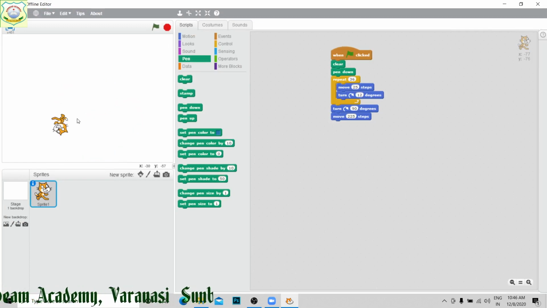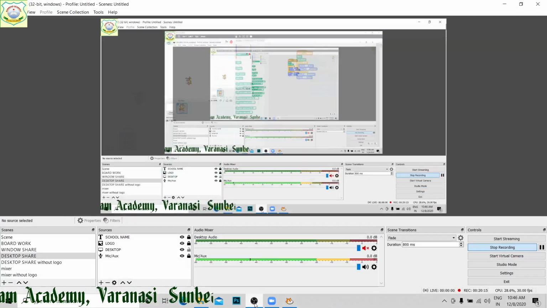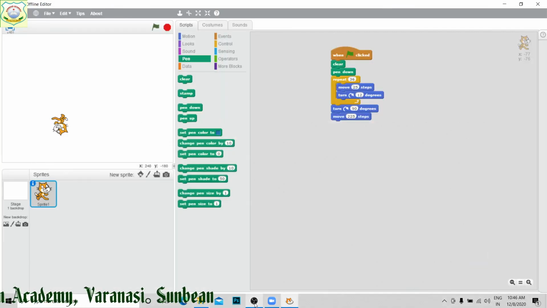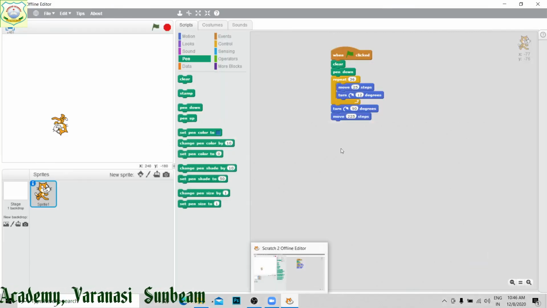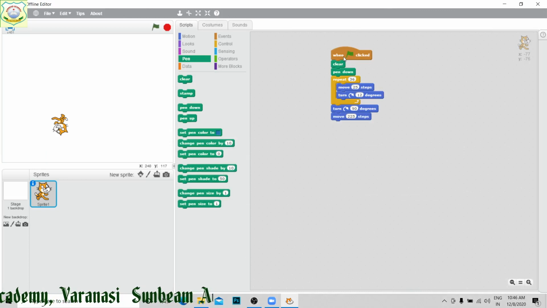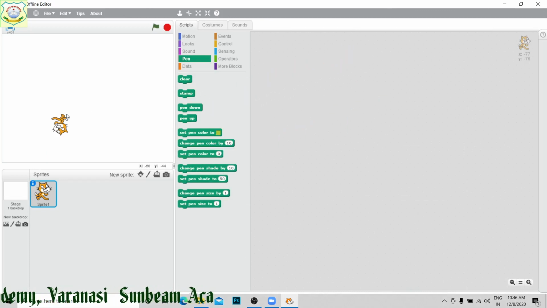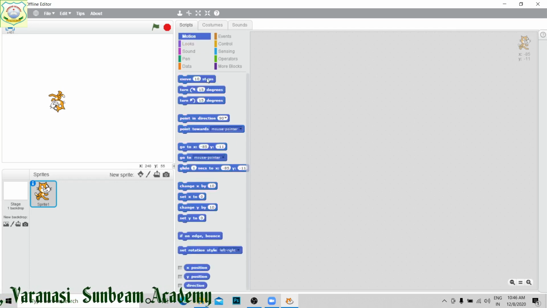So students, this you can do at your home, and a few more examples we are going to see. Suppose I have to make a hut. First you keep your sprite over here, turn it to make it straight.